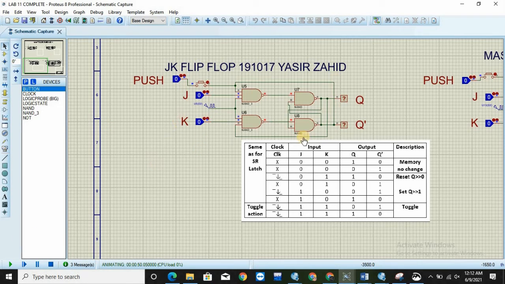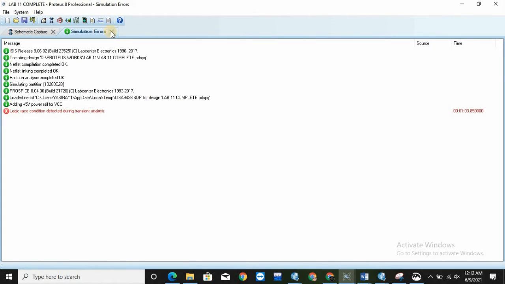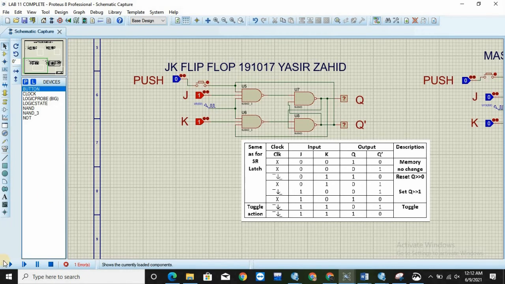Now to start this simulation, I will have to trigger this once to make it circulate, because this depends on our second circuit which is not yet active. So if I set my J to 1, we'll get at our output the 1. Now if I set my K to 1, we get at our Q. Now if I set both these to 1, what we'll get is the invalid condition, but it will be toggling our output.